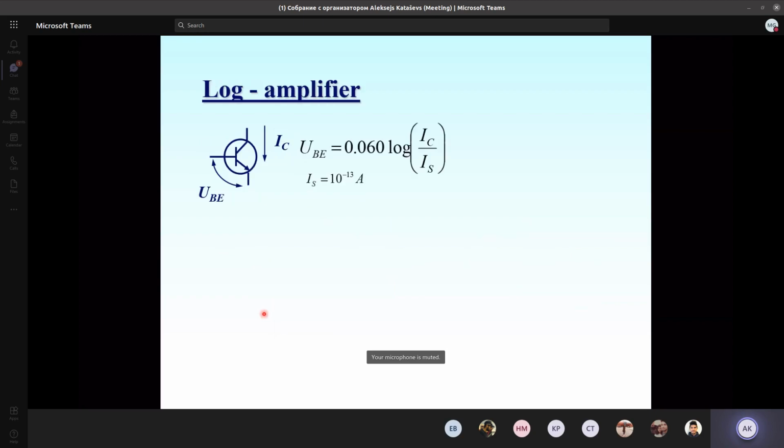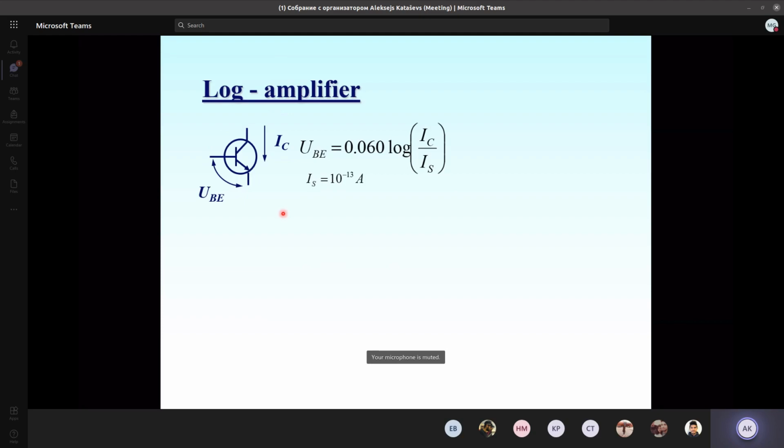Another example we are going to consider is the so-called logarithmic amplifier. This logarithmic amplifier, or log amplifier, uses the feature of a bipolar transistor or a diode. Generally I take a bipolar transistor here. If we try to relate the collector current and the voltage over the base and emitter of the transistor, we may find that